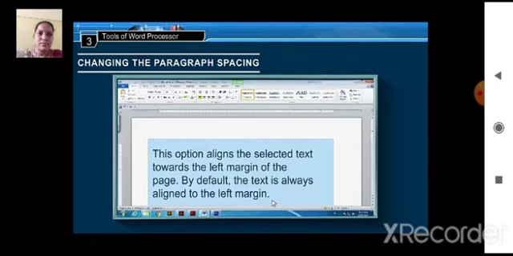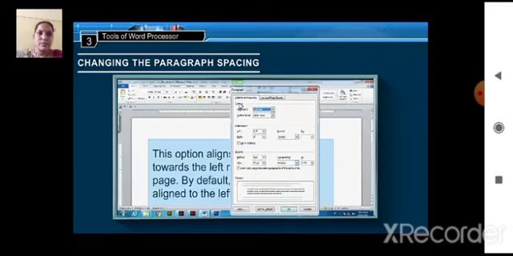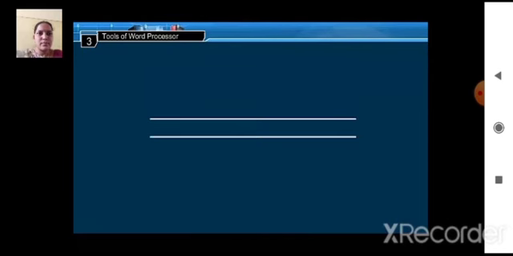Or, Step 1. Select the paragraph and click on the Paragraph dialog box launcher on the Home tab in the paragraph group. The Paragraph dialog box appears on the screen with the Indents and Spacing tab opened by default. Step 2. Click on the spin arrow of the Before and After options and set the required spacing. Step 3. Click on the OK button and observe the change.